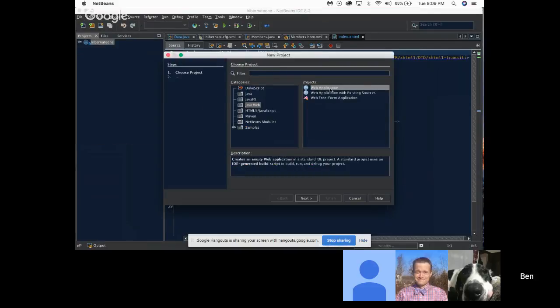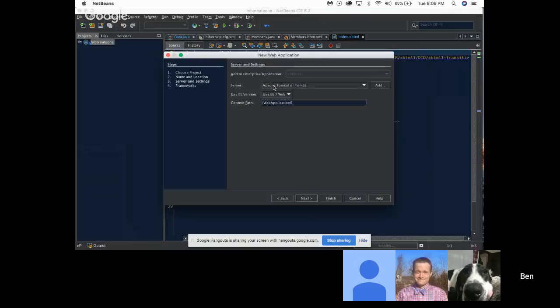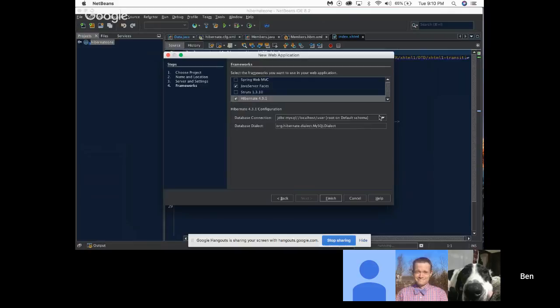It's Java web application. Next. I'm not going to name it anything special here. You can pick your server. For the purpose of this, I'm going to use Glassfish because that's the one I have working right now. Hit next. I use Java Server Faces. I guess it's not a T in there now that I'm looking at it, so I had it wrong on the slide. And Hibernate, when you use Hibernate, you're going to